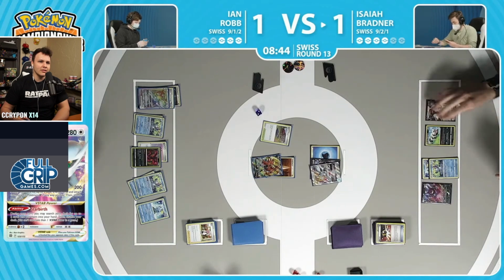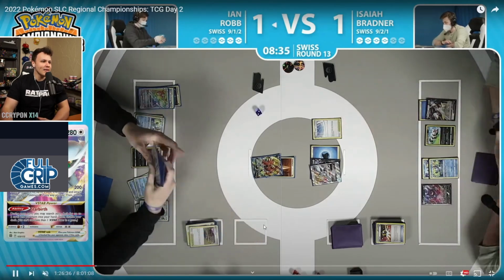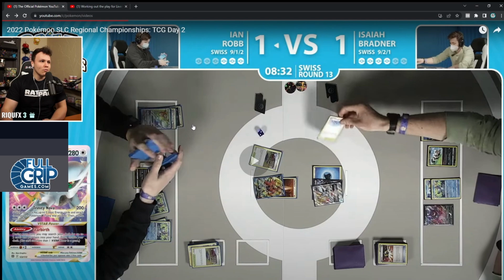There's Training Court for an energy. Another Arceus gets benched. Oof. Path to the Peak and pass. I think there is a Training Court left. Yes. So Ian's got the Training Court. Can bump the Path to the Peak. And then Ian can have Boss on the following turn with their...